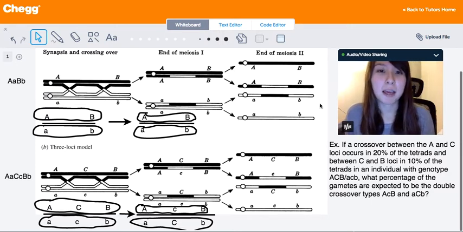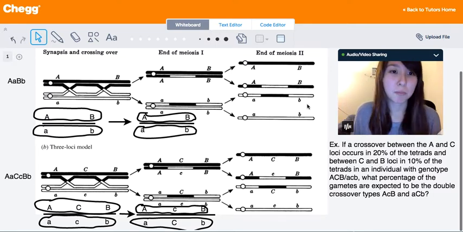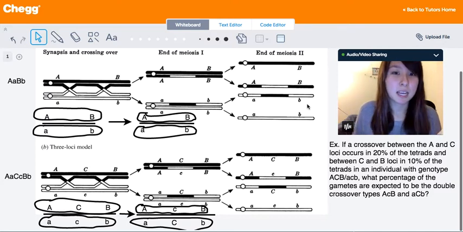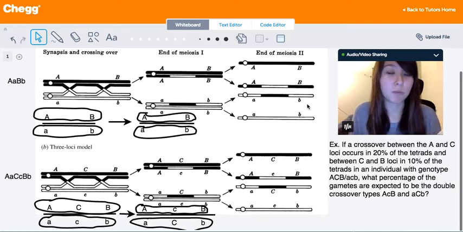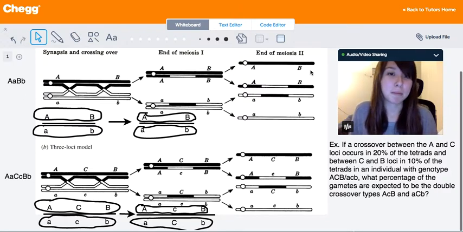So that at the very end of meiosis 2, when you look over here, you see that all the gametes are the same as the parental gametes, and that the progeny will have the same phenotype as the parents because nothing really changed. It would be as you expected, where either big A and big B would be passed down, or little a and little b would be passed down together,